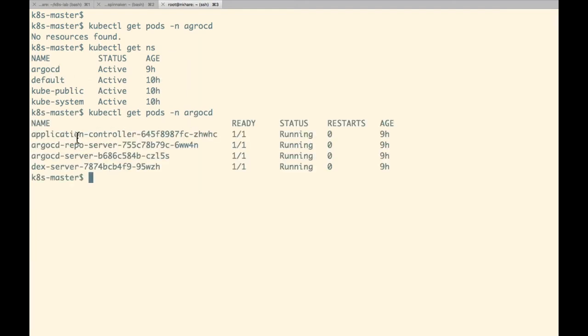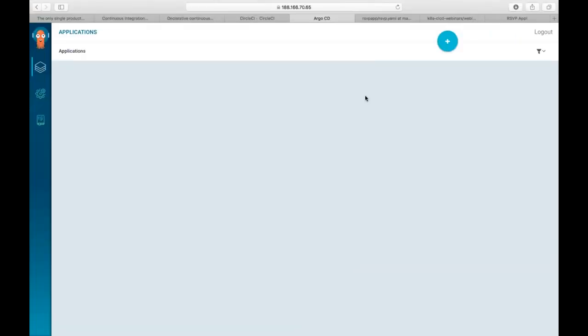As you can see, we have a few of the controllers and whatever is required for Argo CD running there.